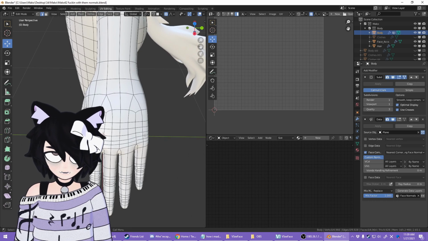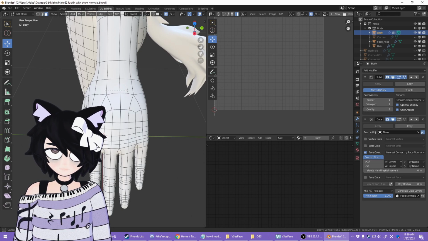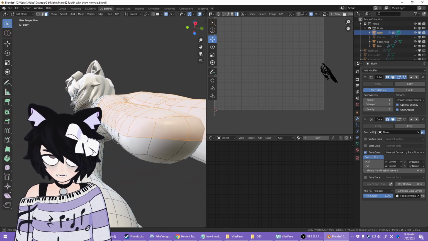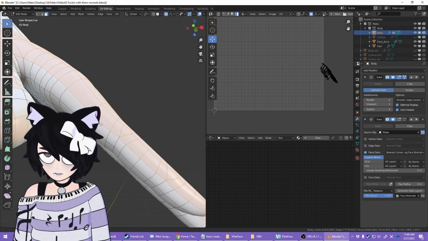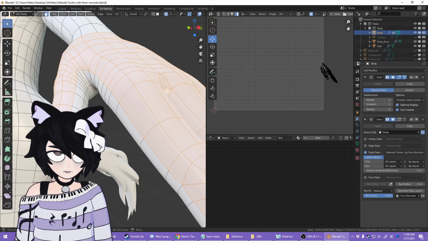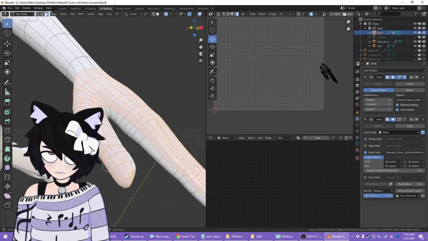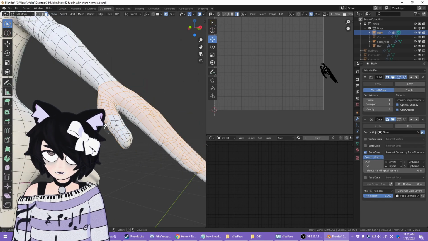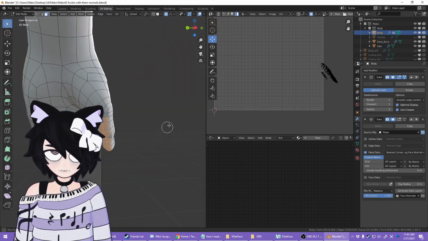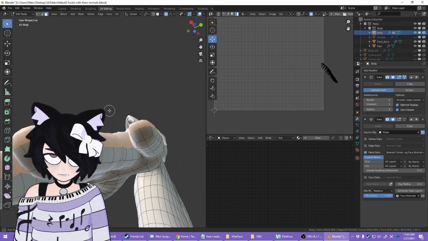Hands are a pretty good example. I'm going to select the top half of the hand, and as you can see, I am trying to follow this line right here, this center line separating the top and the bottom. Hopefully your topology is similar to this, in a way that makes sense at the very least. Now things get a little weird around the thumb. I might just exclude the thumb from this, honestly. Just focus on the palm for now. We can have the thumb as a separate thing, perhaps. But as you can see, there we go, selected all of it.